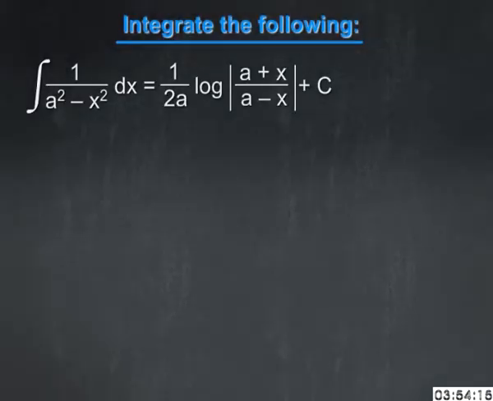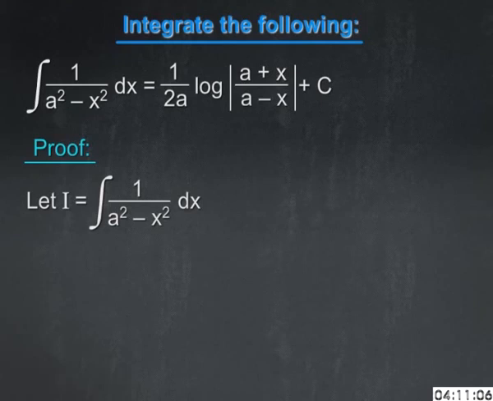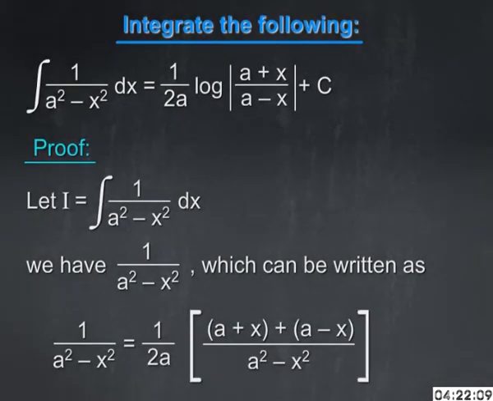Integral of 1 upon a square minus x square with respect to x is equal to 1 upon 2a multiplied by log of mod a plus x upon a minus x plus c. Now, to prove it, let I is equal to integral of 1 upon a square minus x square with respect to x. Here, we can write 1 upon a square minus x square as equal to 1 upon 2a whole multiplied by a plus x plus a minus x upon a square minus x square,